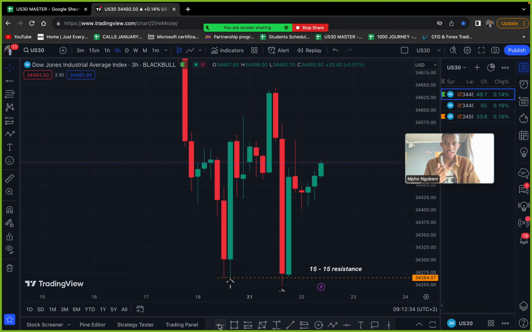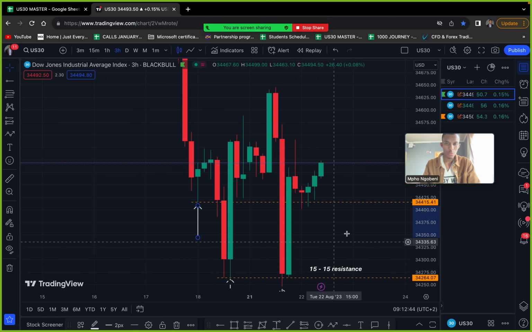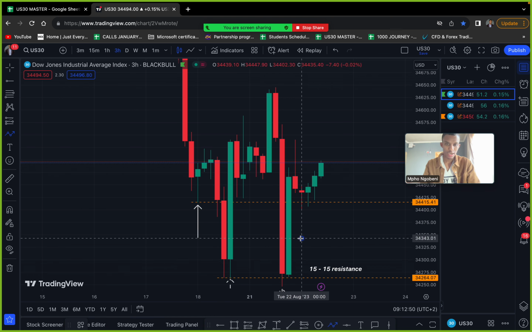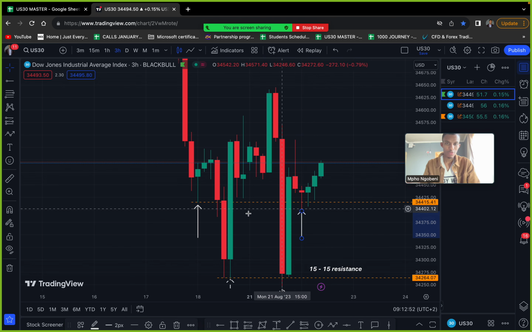But as I say, you use time again. If we take that low there and check the time, because the time is very important, it's 12 o'clock. And then what do we want there? It should be 12 o'clock that came there to retest. So we're just gonna check the time. As you can see, it's 12 o'clock, confirming that we're looking for buys.